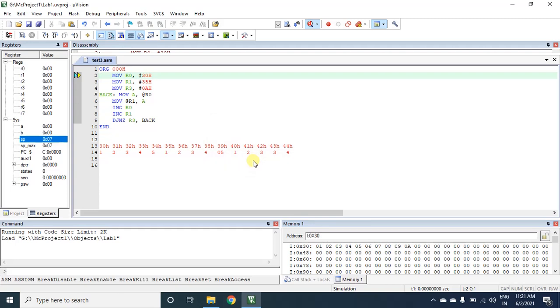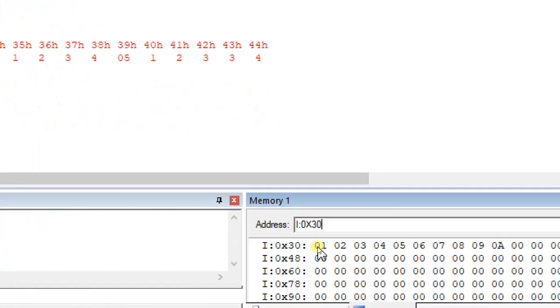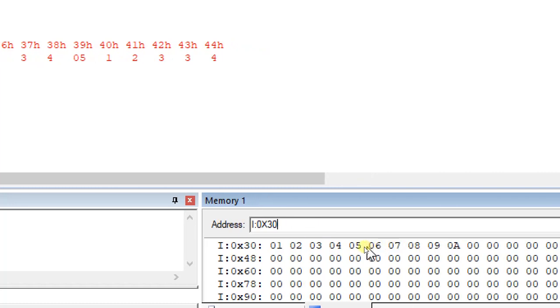Now we have got the data from 01 to 0AH. Now we'll go to 35H, because that is my destination address. We shall keep this here, because 35 will start from here. This is 30, 31, 32, 33, 34 and 35, and it goes on. So here is the 35 memory location, and from here it will start.